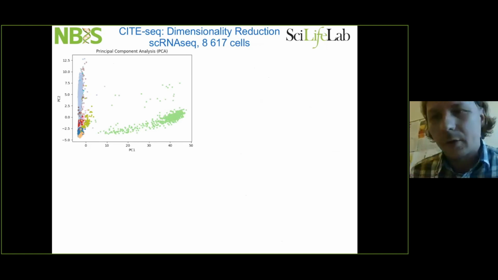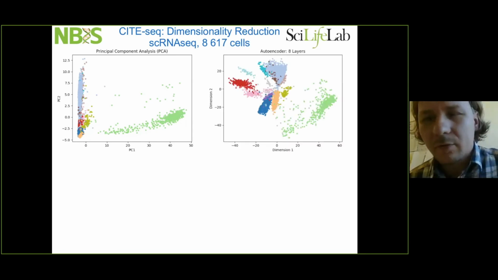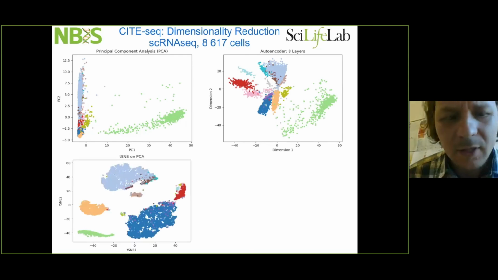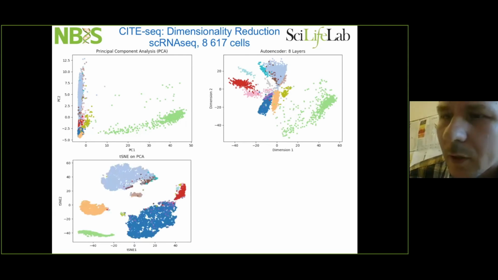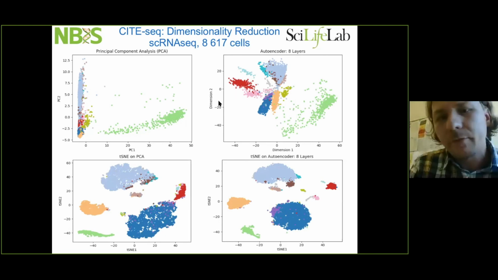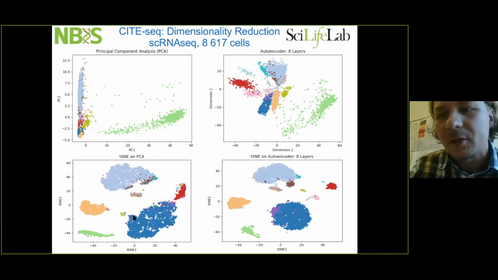And you see that all these cell populations overlap heavily. But if you use some nonlinear approach, PCA being a linear thing, for example an autoencoder, then you can separate the cell populations a little bit better. You can do it even better with another beautiful dimension reduction technique called t-SNE. t-SNE is usually run on PCA, so you do some PCA pre-processing before fitting it into t-SNE, and you can do it better with an autoencoder.